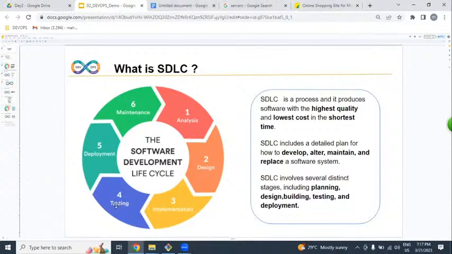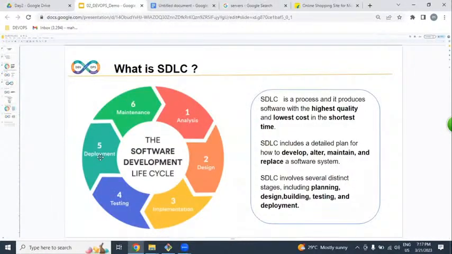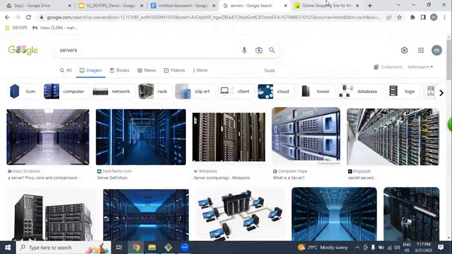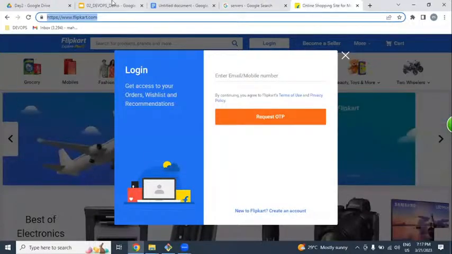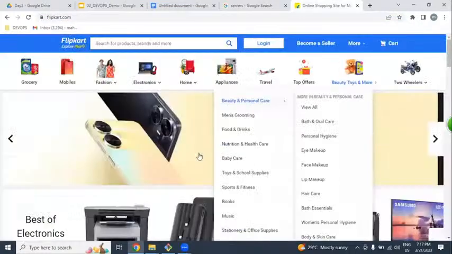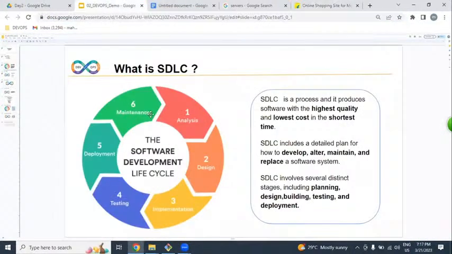Whether the software is working or not, we're going to be verifying by testers. Once it is verified by the testers, we're going to be placing it on hundreds of servers. Placing on hundreds of servers, we call as what? Deployment. Once it is deployed on hundreds of servers, we are going to be accessing it over the internet as a website. So that's it. Whether the application is working or not, we keep on monitoring and maintenance.